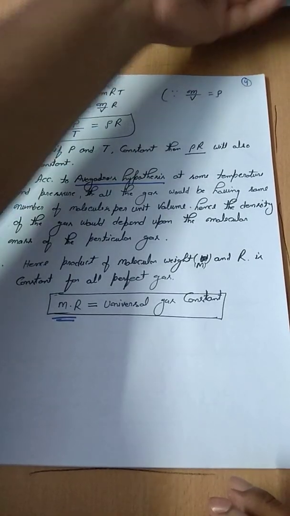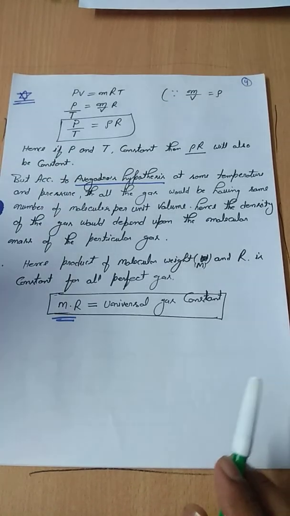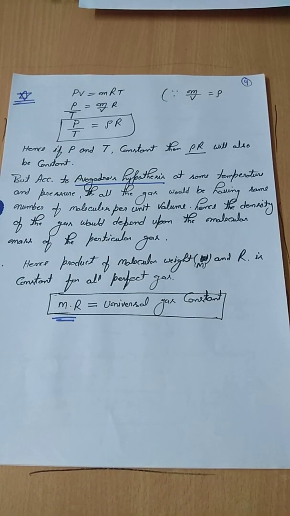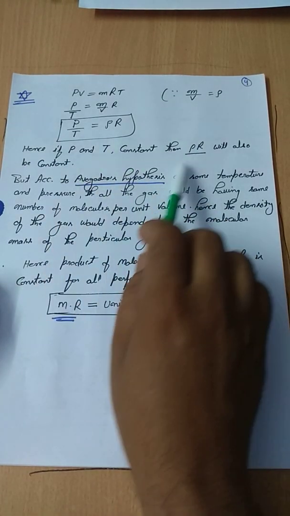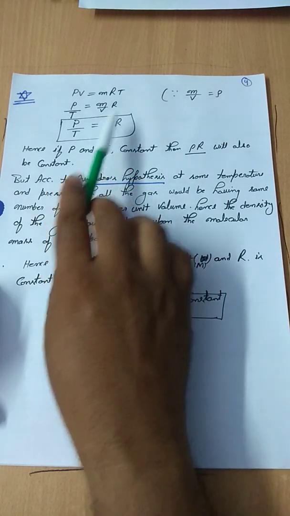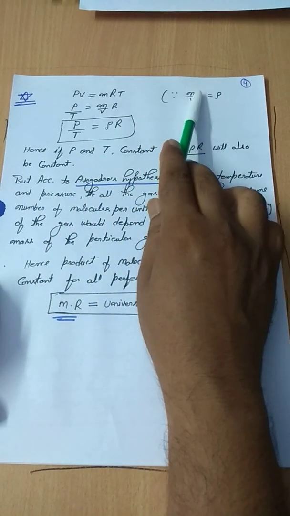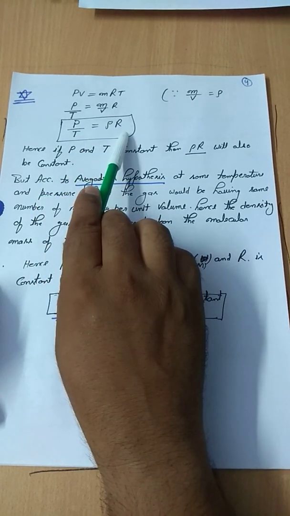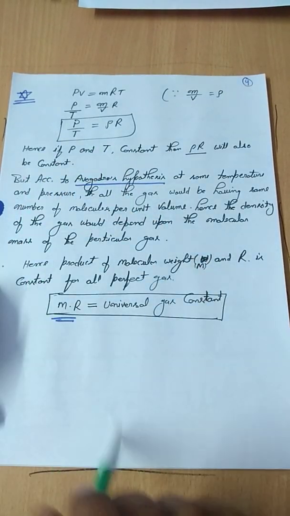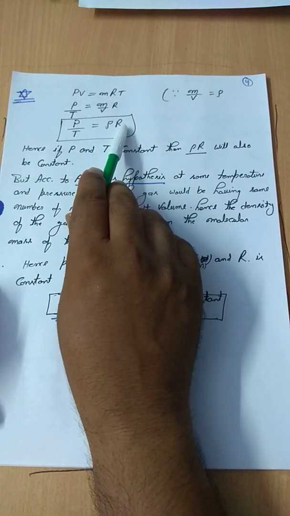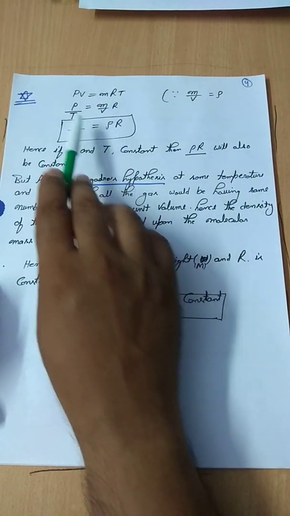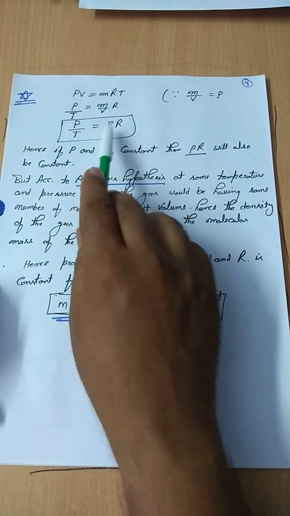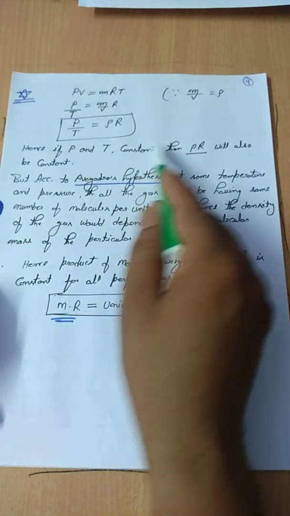Next, this is again the continuation of the perfect gas equation. These are the parameters. As we can understand from here, density is nothing but mass upon volume. So P upon T can be written as rho into R. R is a constant, so P upon T is constant. If pressure and temperature remain constant, then rho into V is constant. This gives the clue to the